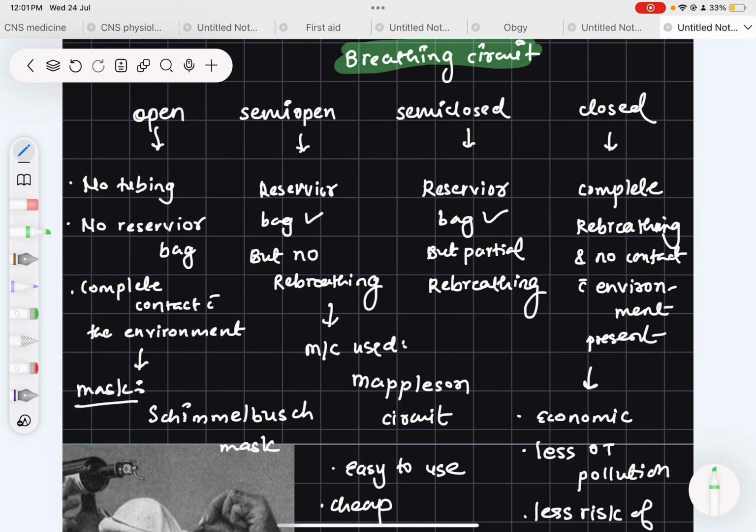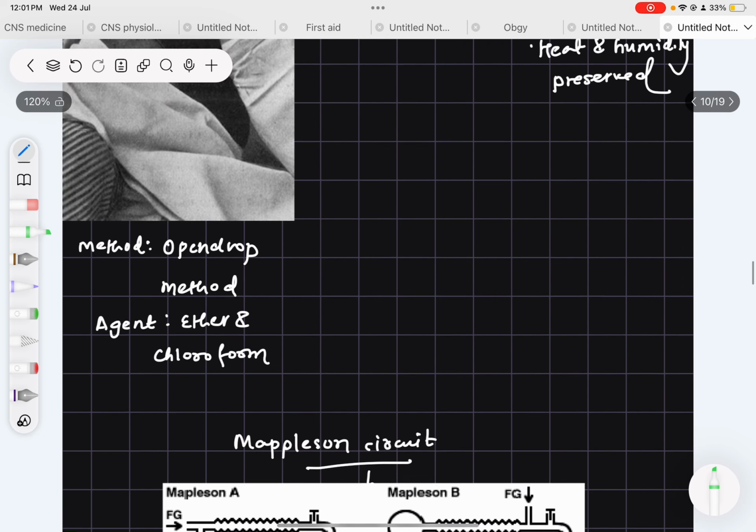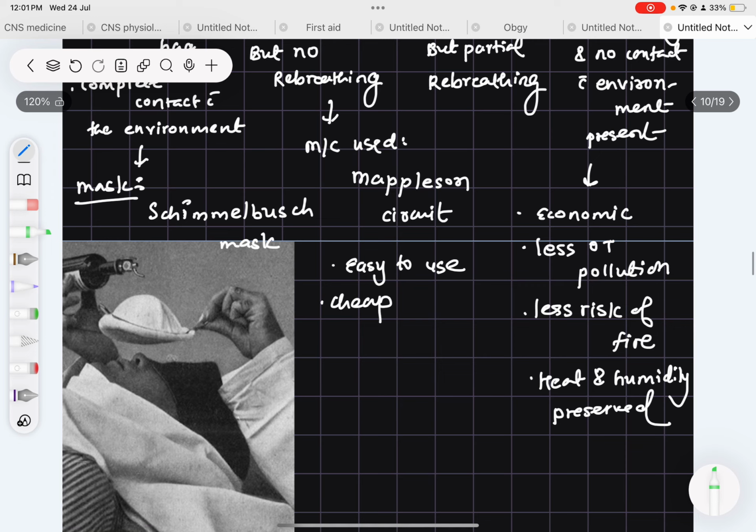We are completely using the environment air, plus for the anesthetic agents we are using the open drop method, in which we are using a mask that is known as